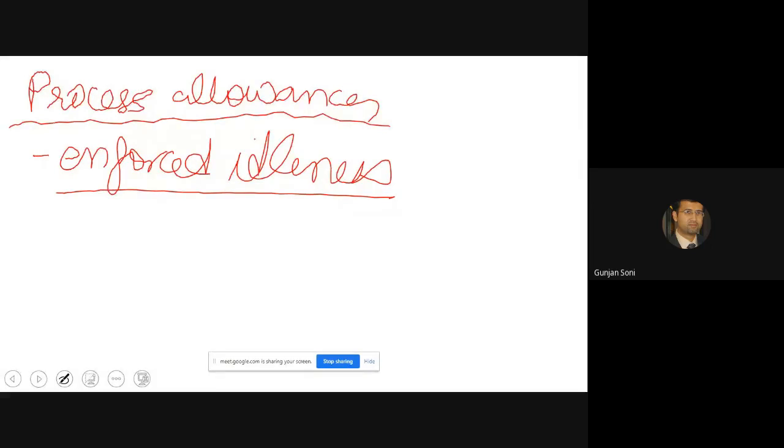So this is a process allowance, or it is the characteristic of a process or an operation where work cannot be performed unless certain other work is performed, and there is a bottleneck earlier. So I have the capability but I'm not getting work to do, so that's not my problem, right? So process allowances are given.